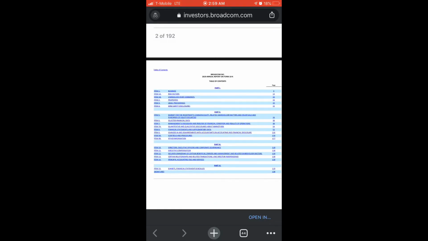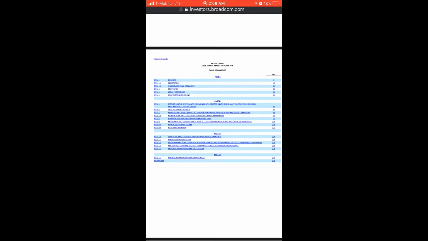But to read the whole annual report, like 192 pages, you can see business, risk factors. Risk factors are very important. It's very important to review that. All the companies have to put the risk factors. It's required. In part 2 here you see a lot about the financial statement. Here, item 7A, quantitative and qualitative disclosure, and you have financial data. It's pretty cool.